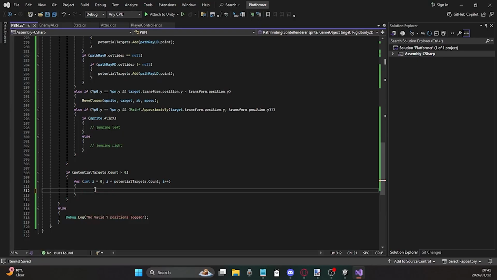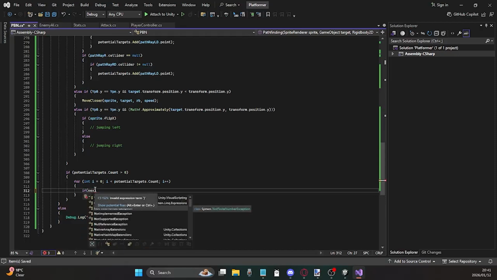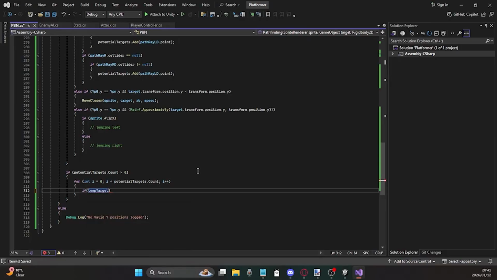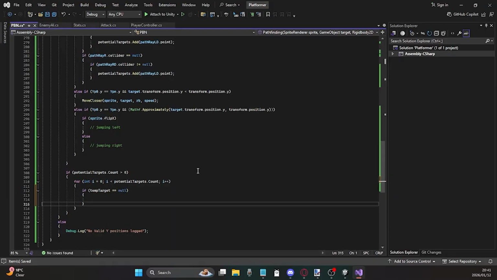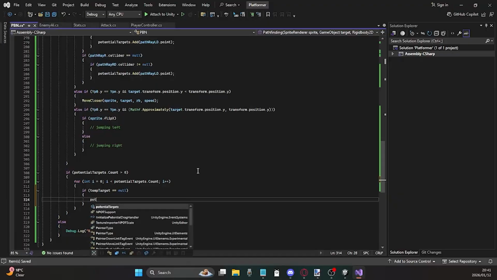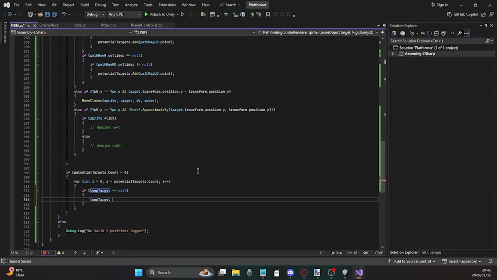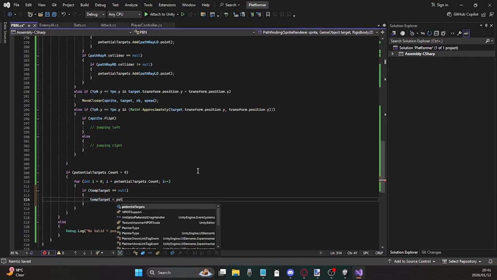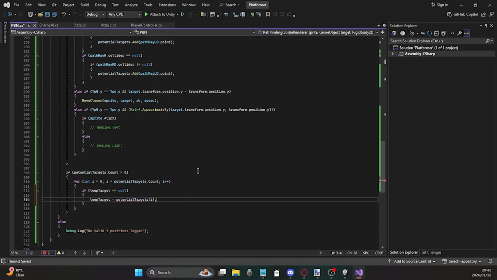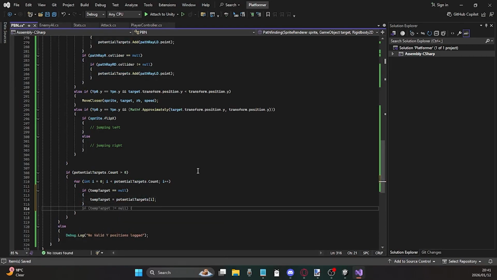Wait, so let's do this. If temp target is equal to null, then temp target is equal to potentialTargets[i]. Else